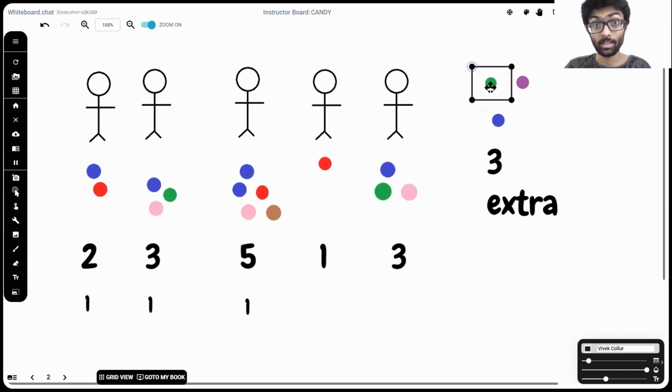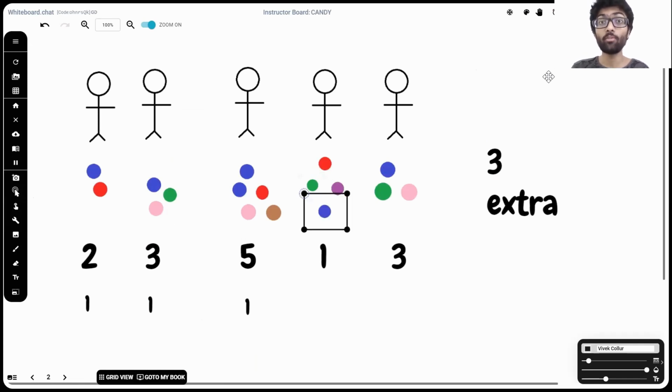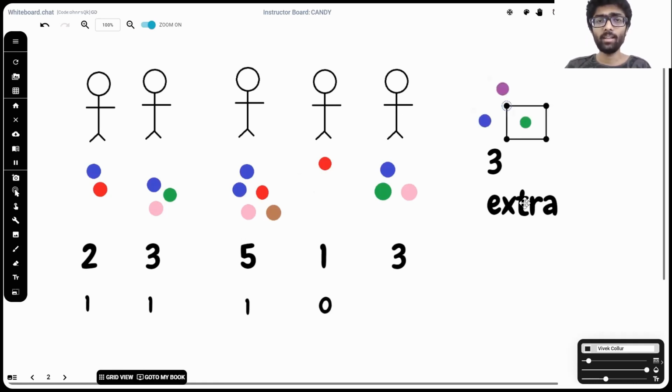Now we come to the anomaly. When we look at kid 4, this kid is not like the other kids. Even if we were to give kid 4 all 3 of the candies, this kid would only be able to achieve a maximum of 4 candies. This kid would be unable to compete with kid 3 who has 5 candies, which is why this kid's output is going to be 0. Finally, kid 5. Kid 5 has 3 candies. It is very similar to kid 2. So directly we're going to set that kid's output to 1.